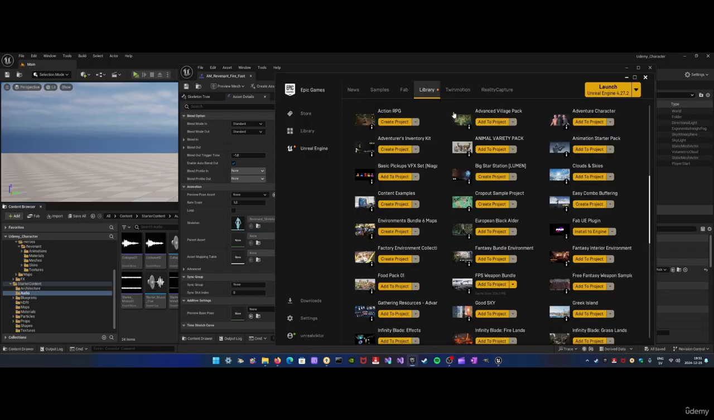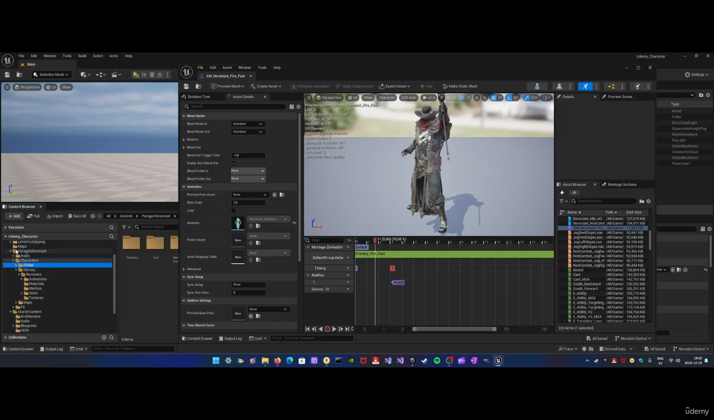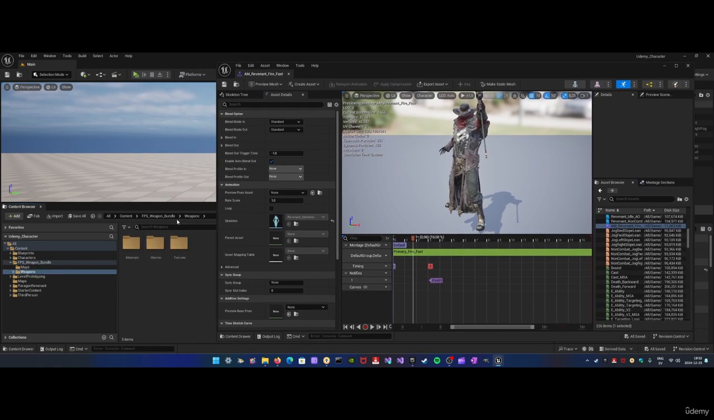Let's see. If this was added, if you go to your folder structure, you can see it's called FPS Weapons Bundle. So I'm gonna go here. Let's see if we got sounds here. No, not having any sounds, I believe. Maybe we do. We can do one thing. If I select this,